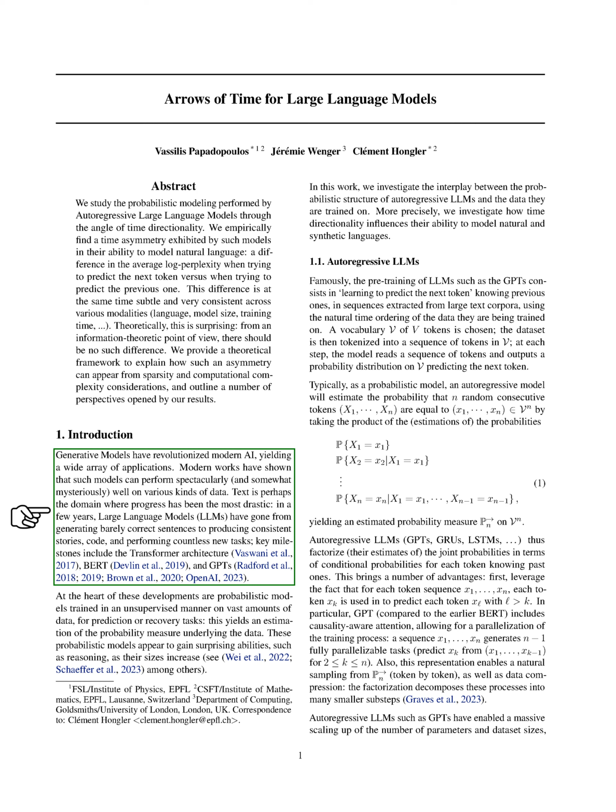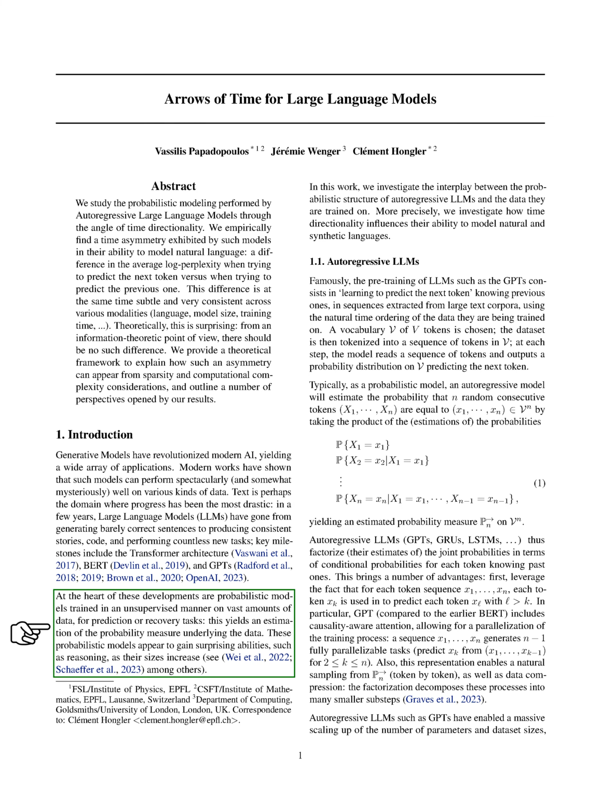Generative models have truly transformed the field of artificial intelligence, opening up a wide range of applications. These models have shown an impressive ability to work with different types of data, but it's in the realm of text where we've seen the most dramatic advancements. In just a few years, large language models, LLMs, have evolved from creating simple sentences to generating complex stories, code, and tackling many new tasks. This progress is marked by significant developments like the Transformer architecture, BERT, and the GPT series.